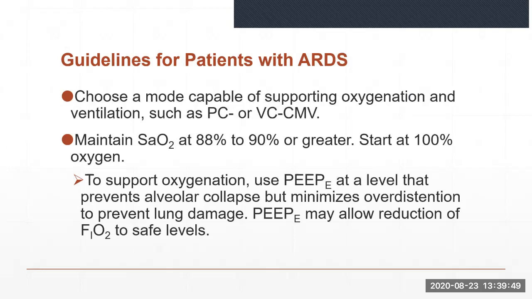For patients with ARDS, a tidal volume of 6 to 8 mL per kilo with a respiratory rate of 15 to 25 breaths per minute is indicated. Use of lower than normal tidal volumes, such as 4 to 6 mL per kilo, may be necessary to maintain the plateau pressure to less than 30 centimeters of water pressure. This protective lung strategy has been shown to reduce the risk of ventilator-induced lung injury and improve outcomes for ARDS